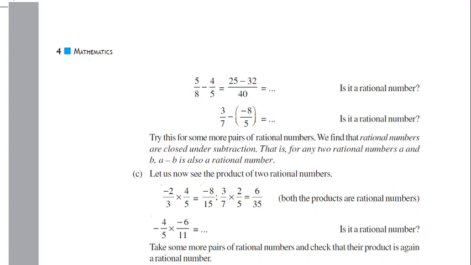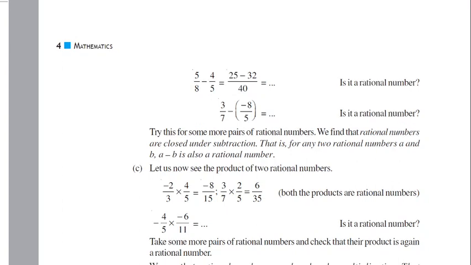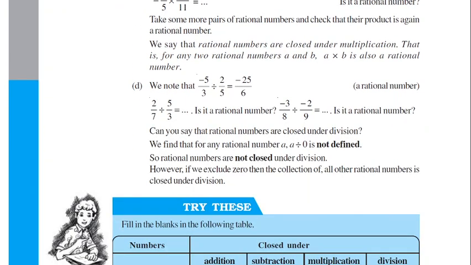But in multiplication and division, you don't need to calculate the LCM. In multiplication, simply multiply numerators and multiply denominators together. In division, just write down the second number's reciprocal, exchange the division sign by a multiplication sign, and then calculate it. This is the basic thing that you have to remember whenever you are doing operations between rational numbers. There are certain examples that have been given.